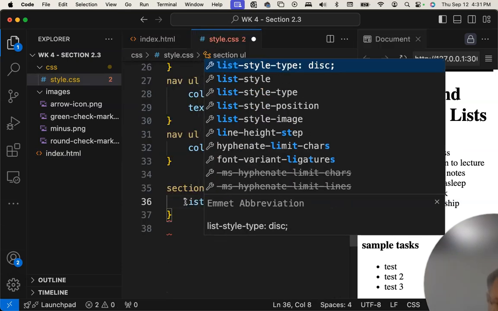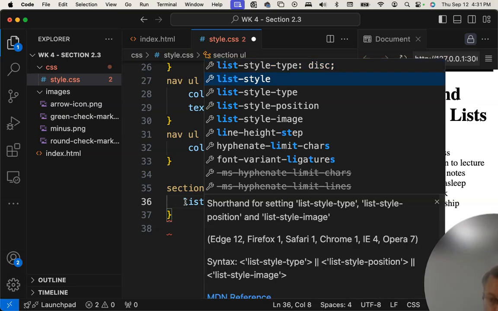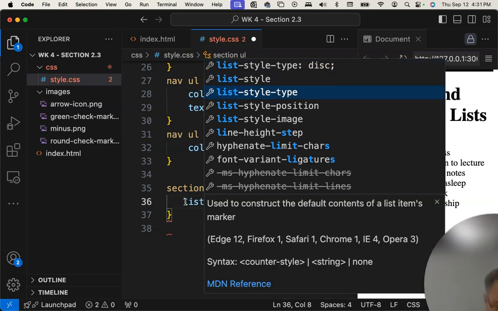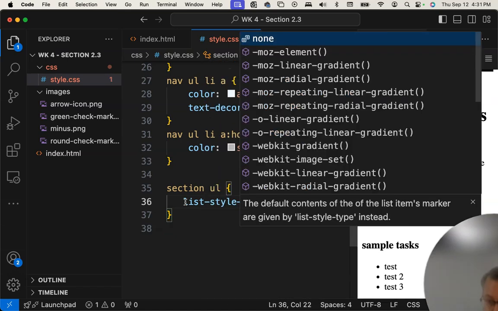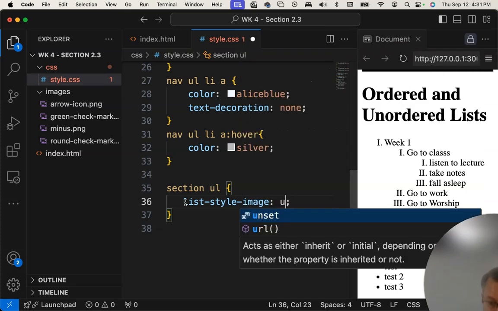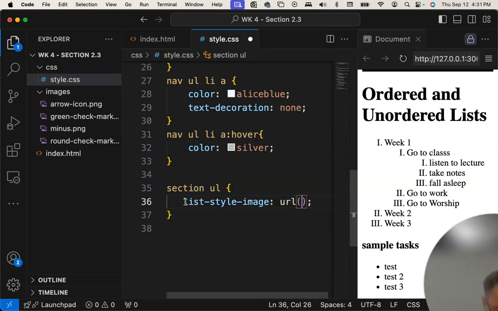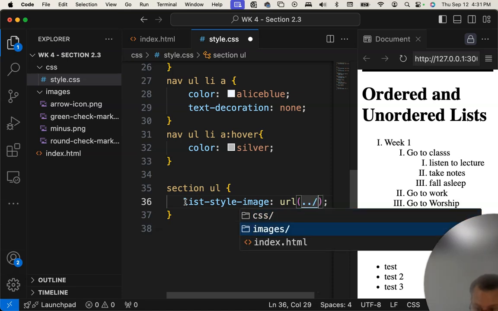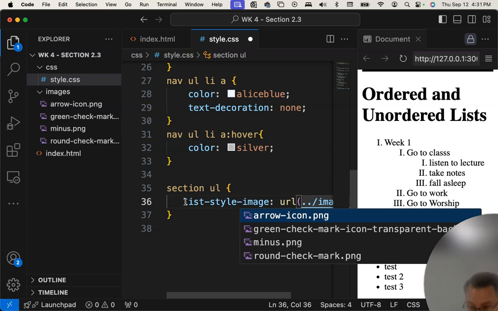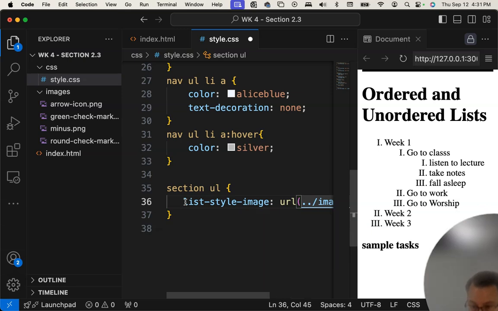And I'm going to say list-style-image, and we're going to use URL, and inside the URL we'll go ahead and type, let's see, /images, and I'm going to use my PNG. Okay, now nothing happened over there,